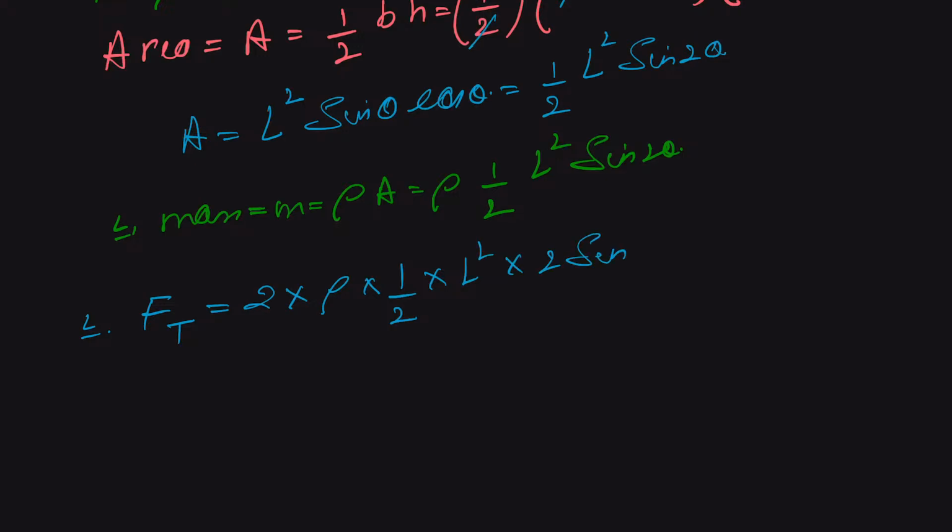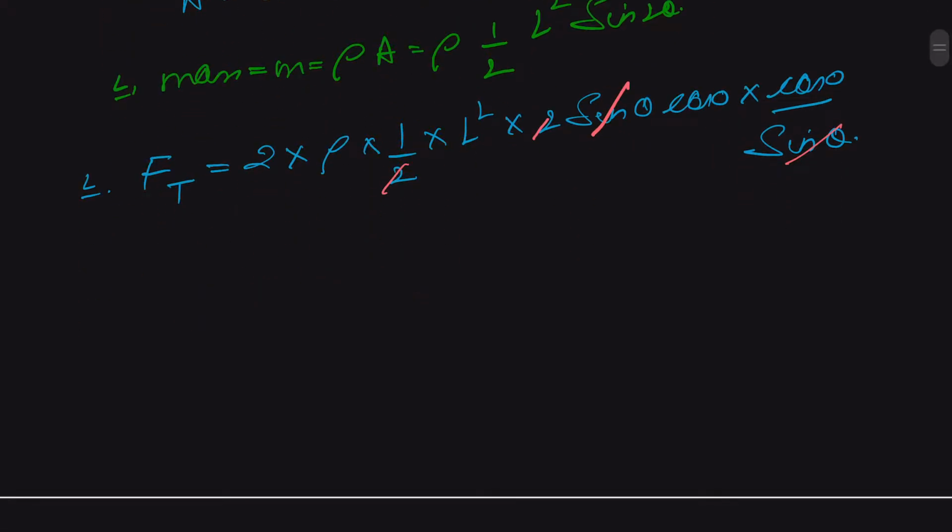It will help to solve this. Sine of theta cos of theta multiplied by cos of theta upon sine of theta, because that was cot, and this 2 sine and sine goes away, and this gives us that the total compressive force F of t